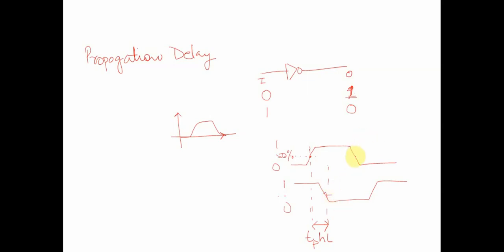Similarly, at 50% here, there is a delay over here as well, and we will call this delay propagation delay low to high,